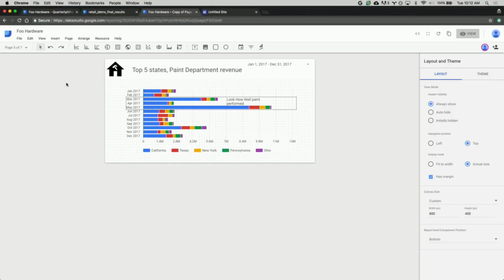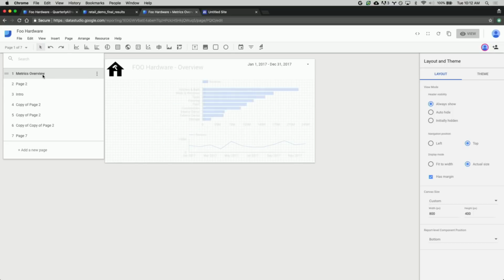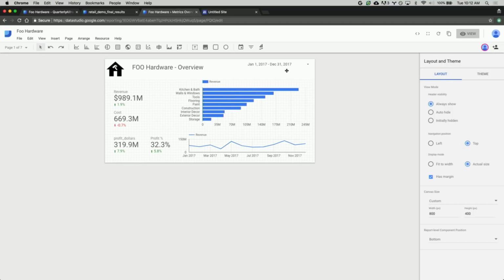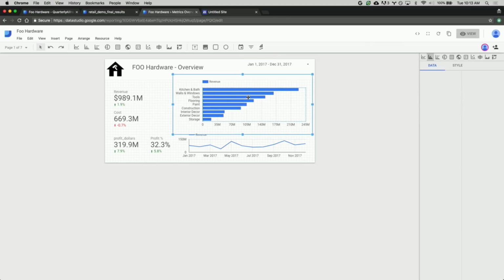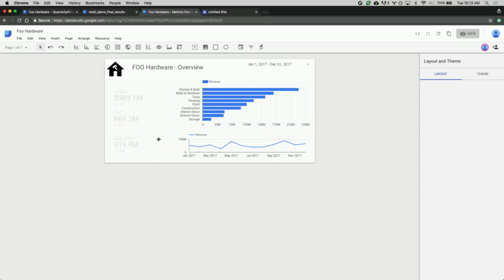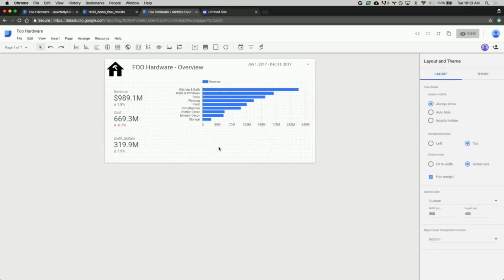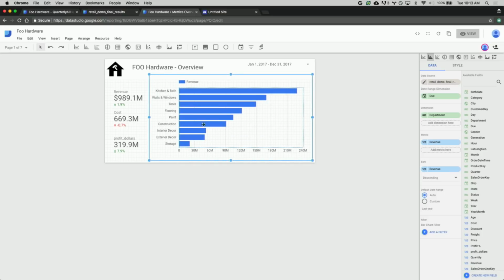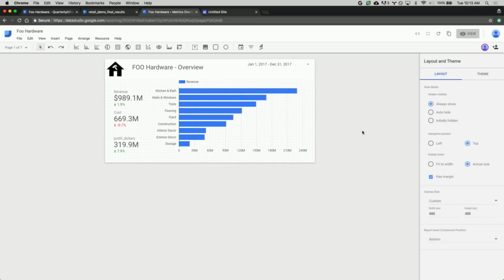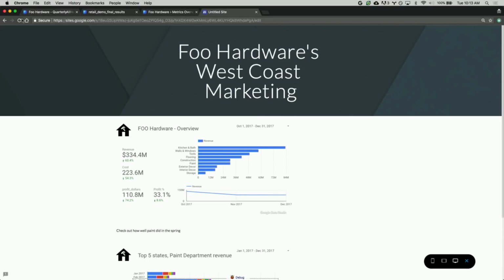Right, yeah, so we could actually look at this. Let's say we came here and went to page 1. And I said, oh, I don't want to look at last year, I want to look at the year before, for instance. Or let's just say I don't want to show this profit percentage, and I don't want to show this revenue. I really just want to keep the focus on the revenue breakdown by department. And then I come back in here and refresh this page